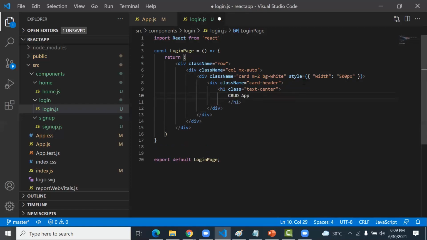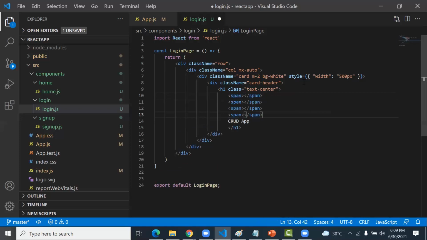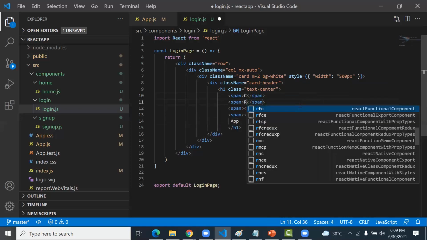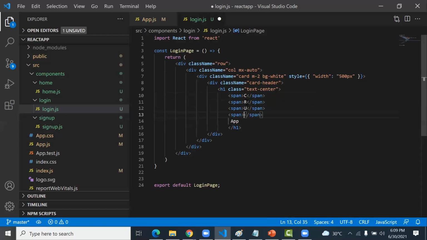So I create a total of 4 span tags. Span tag 1. This CRUD is a text, but we type C here, then R, then U, and then D. Now you can choose the color. Which color do you want? So I go for style, and I type color colon red.